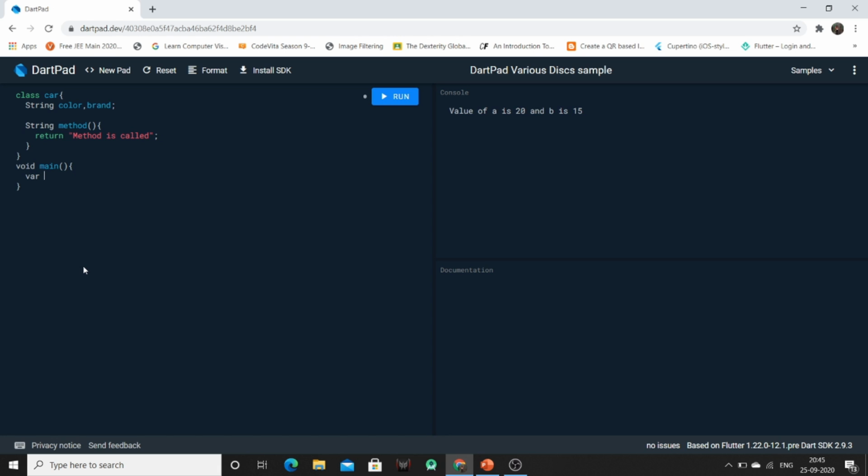So we have declared one object of class car, and now we can access the values of the variables which are declared inside the class car.